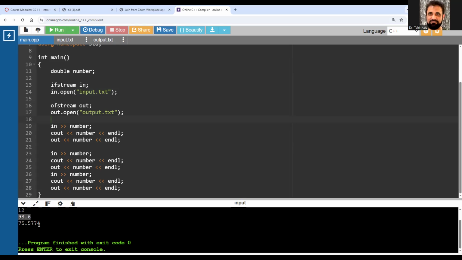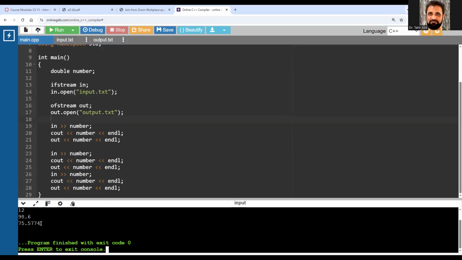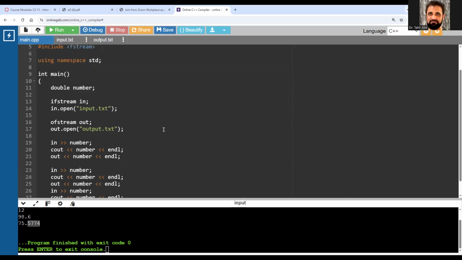This had one decimal place, although this particular one had 5 decimal places, but the program by default only displayed 4 decimal places. So that's where this iomanip library will come in the picture, and then you can customize the data. You can format the data you want. Let's actually do that, and also this will be required in project number 3. I want to have all of them in